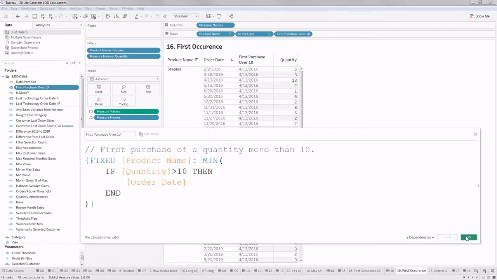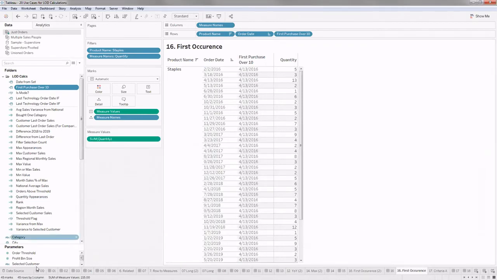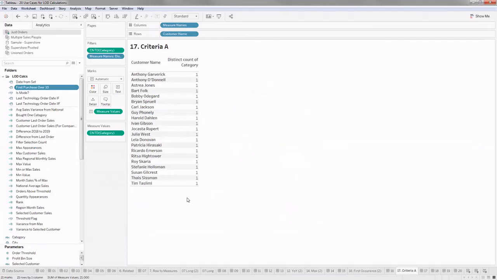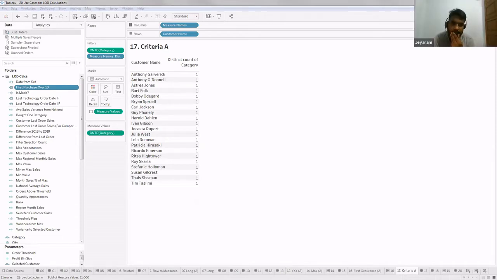Okay, then let's move to the next one. Here I have a simple view for each customer.